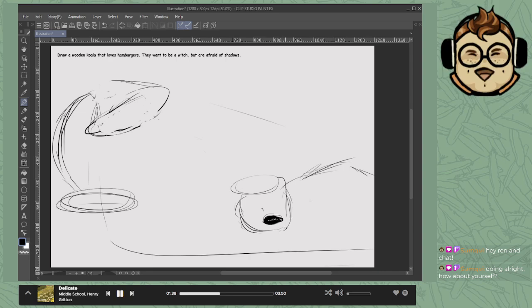I think that's the case. Anyway, since he's wooden, his head's kind of on a little swivel there. We're going to make his whole body a little smaller. And then one of his little hands here. And that's got a little wooden setup there.